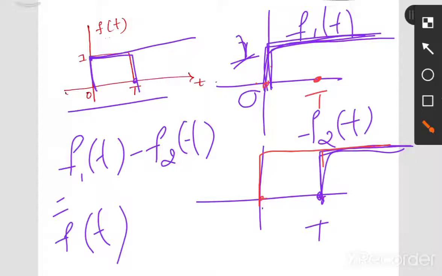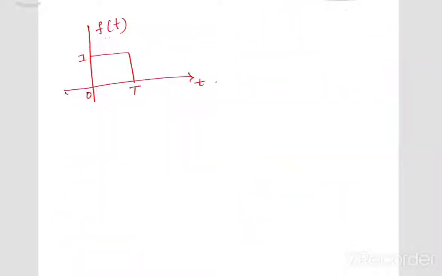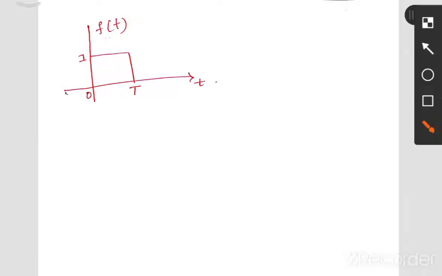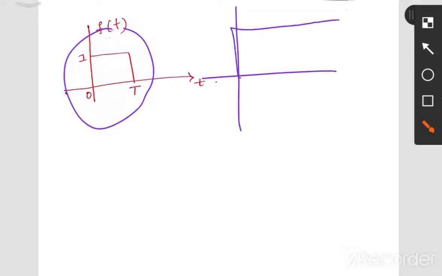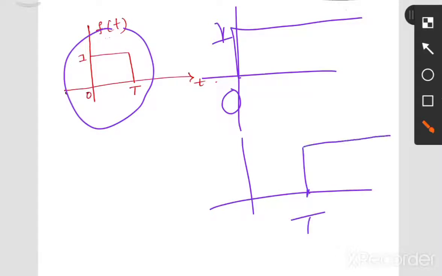On this side t is positive, and on this side t is negative. Here its values are 1, 2, 3 and so on. So you can take t equal to 1, t equal to 2, t equal to 3, t equal to 0 and so on. This part is t greater than 0, because here we have taken 1, 2, 3, which are greater than zero. If you include this 0, then we say t is greater than or equal to 0.